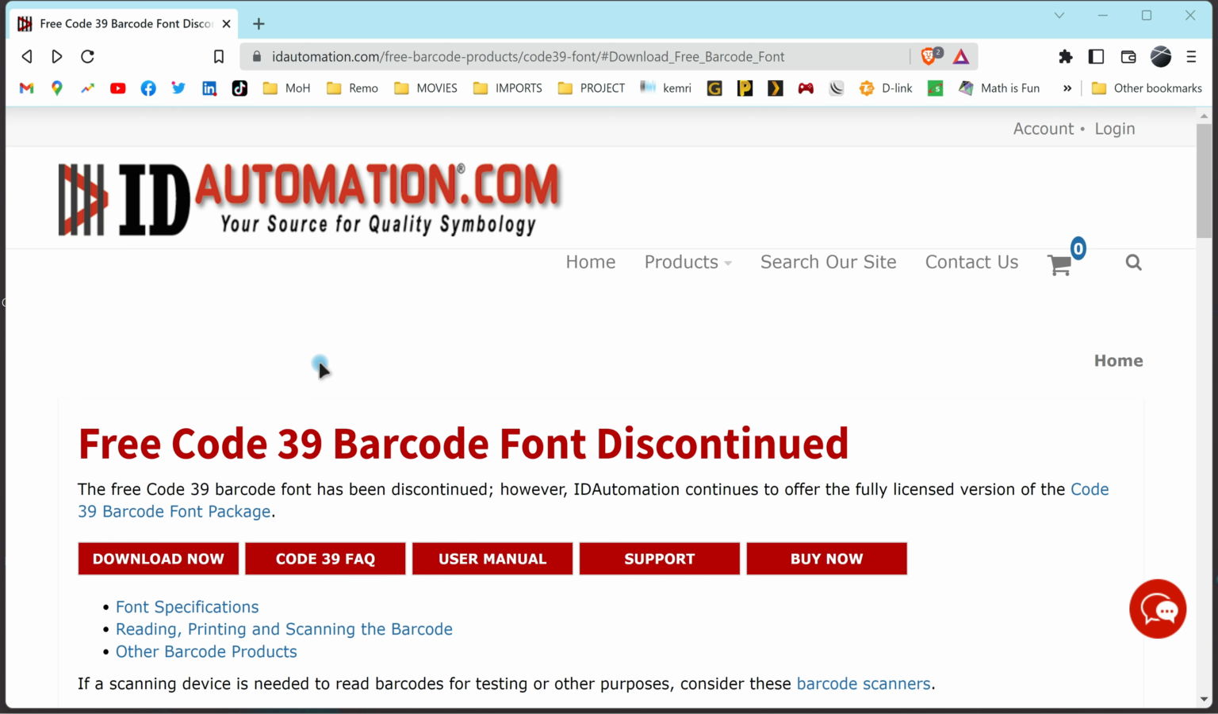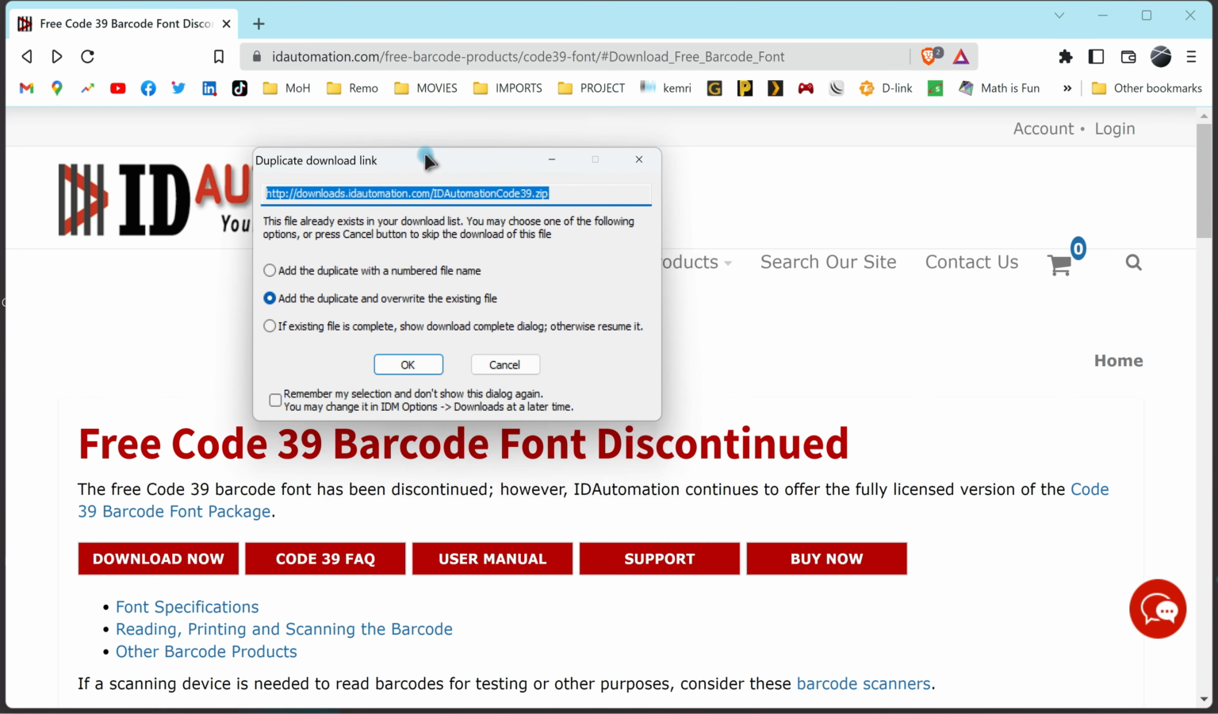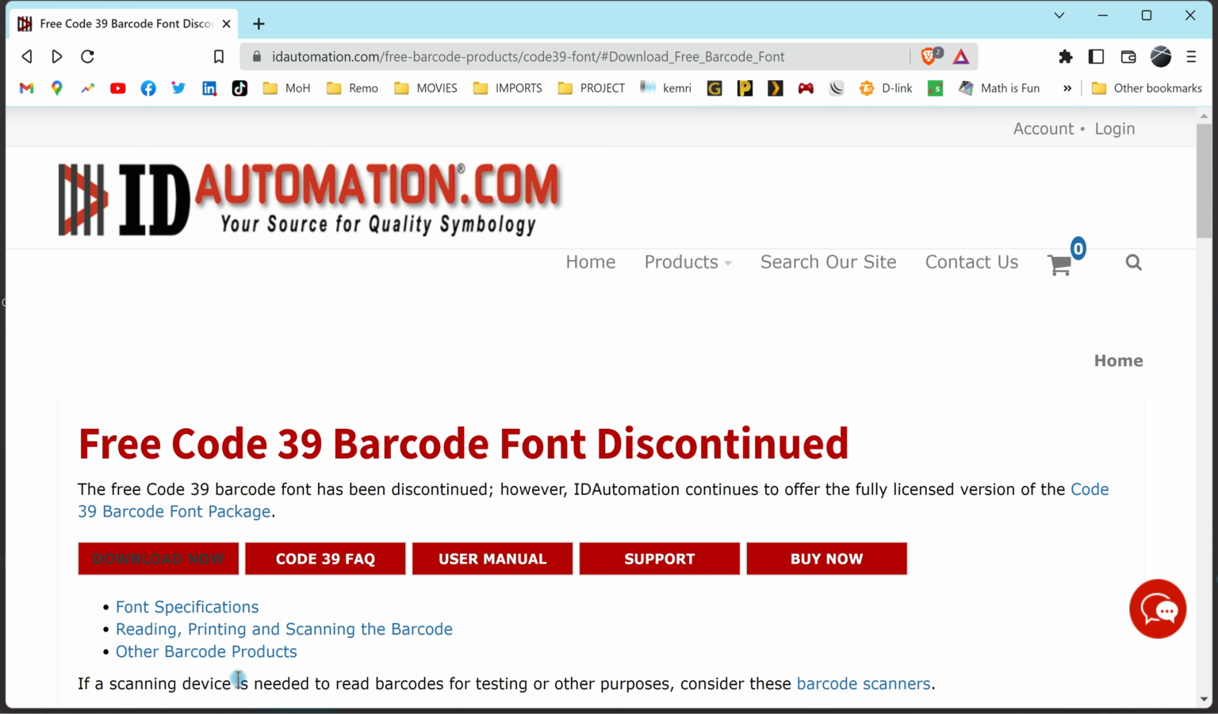If you don't have that font, you can find it on this website. I'll put the link in the description box. So what you need to do is just click on download. Depending on what you usually use to download, it will pop up. Mine, I usually use the Internet Download Manager, so I already downloaded mine, so I'll just go directly to the